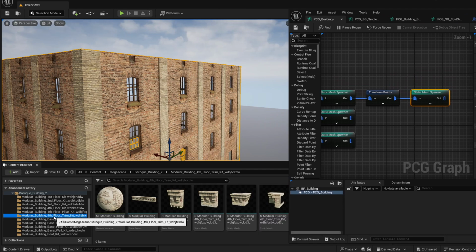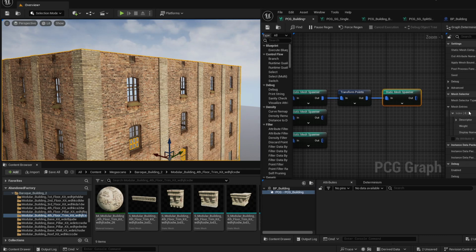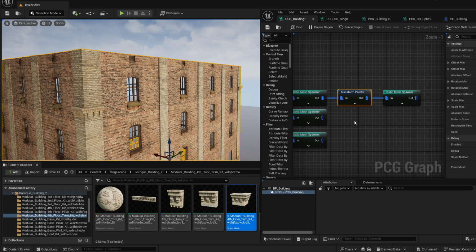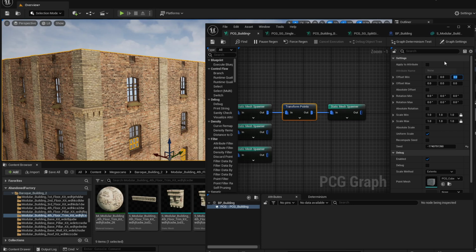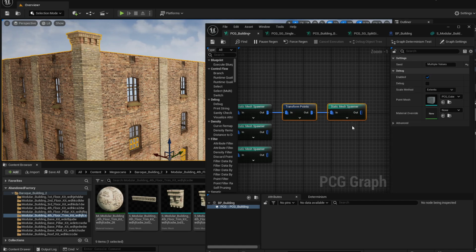So go to the fourth floor trim kit and let's connect this to the element that we are spawning. And with this transform point, we'll control where to place this. So move it 400 units. 400 is too much, so 350. Yeah, 350 is fine. So copy these